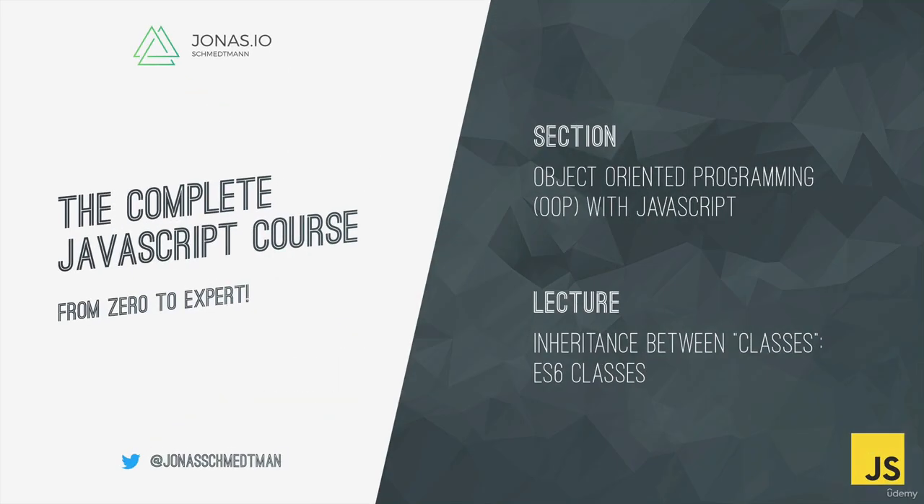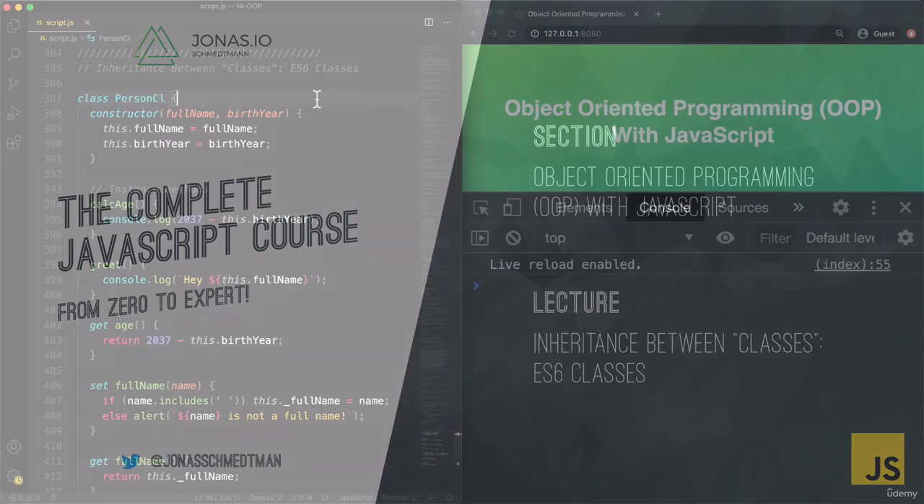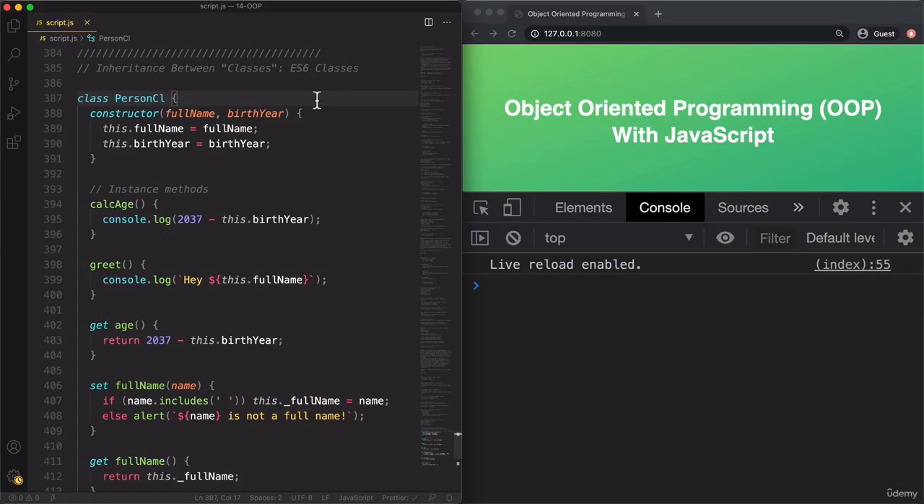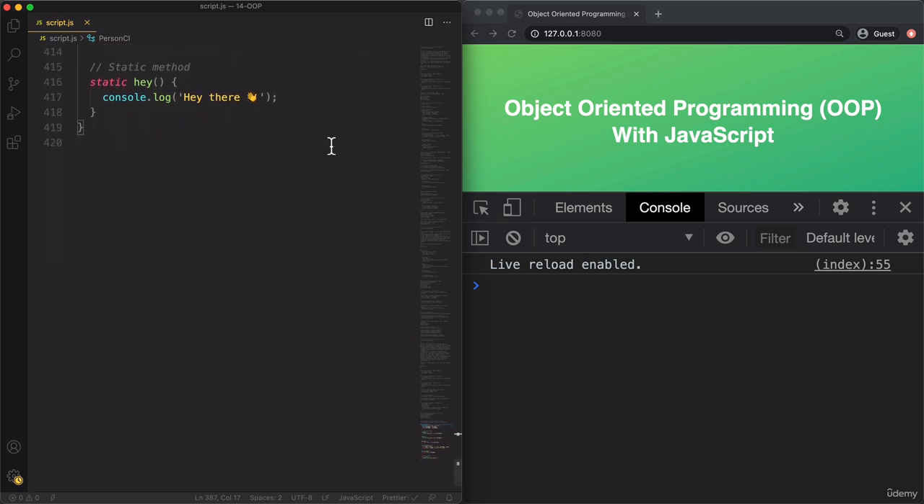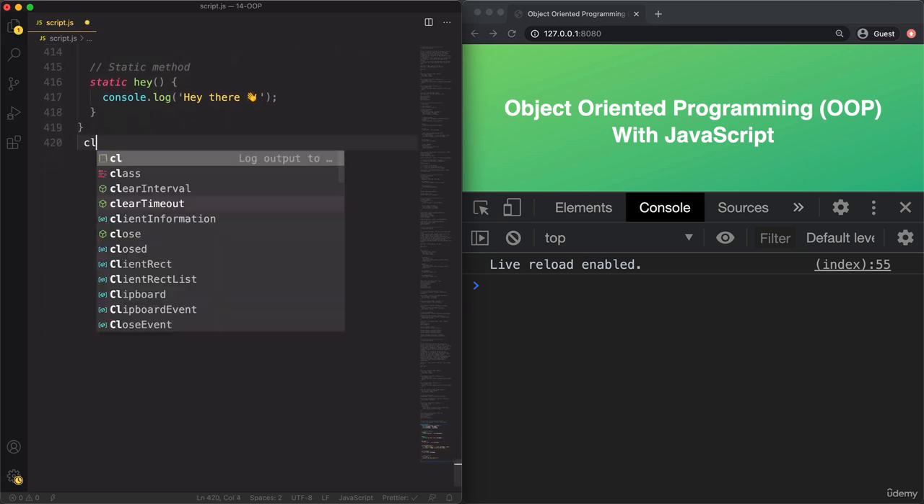Let's now go ahead and implement the exact same thing that we did in the last video, but this time using ES6 classes instead of constructor functions. So here again, I copied the initial person class that we built a bit earlier, so that now we can inherit from this class. All right, and so down here, let's now create the student class. So class